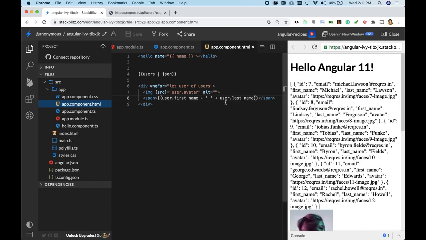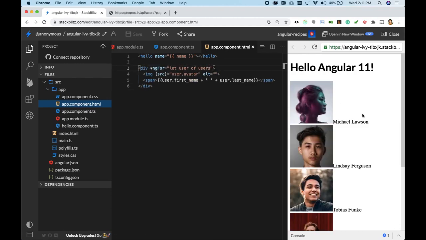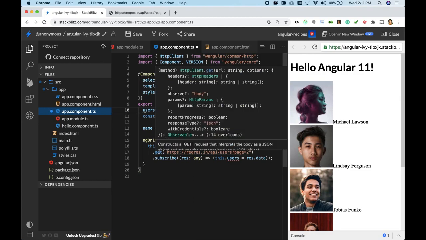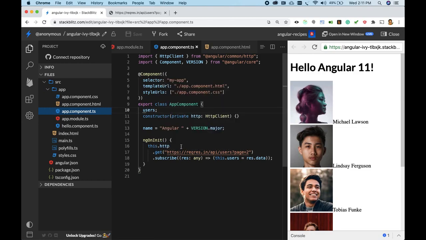All the users are coming. I'll get rid of this JSON. So this is how you generally do, right? Or you use observables, like users and this dot users is equal to http dot get. So that's one way.